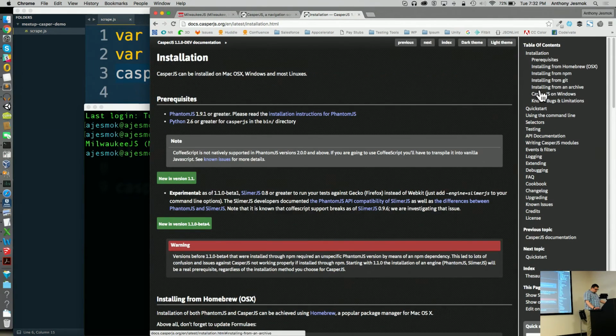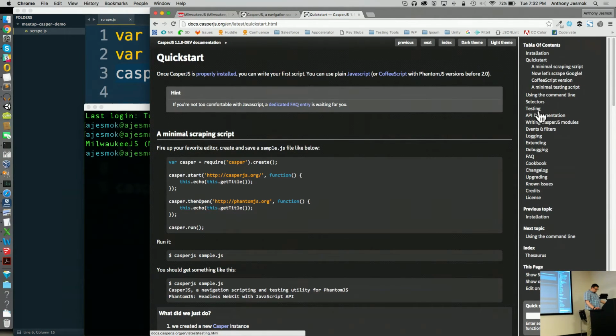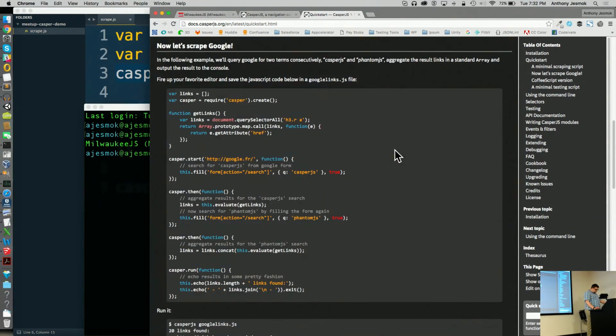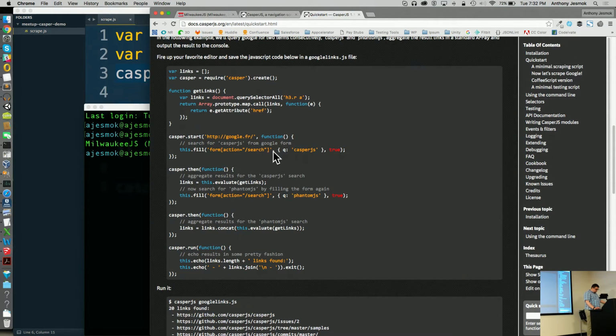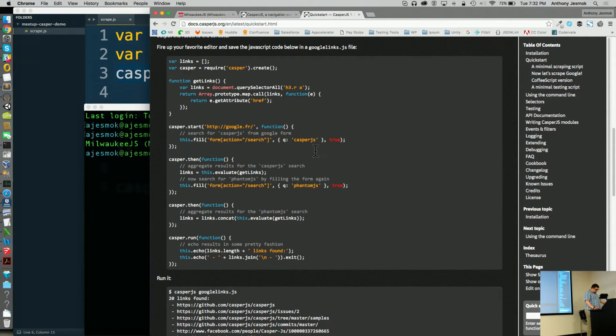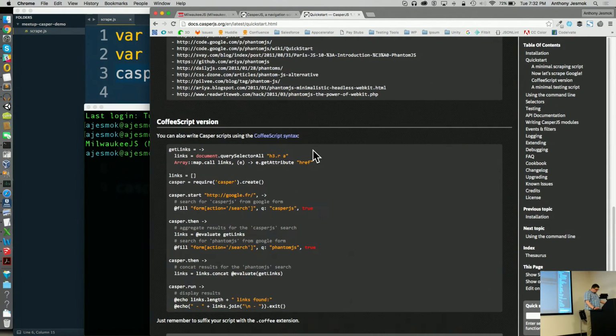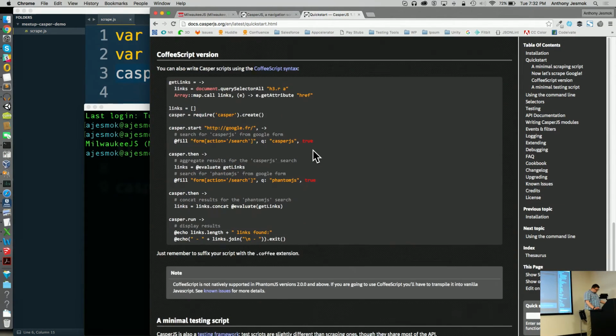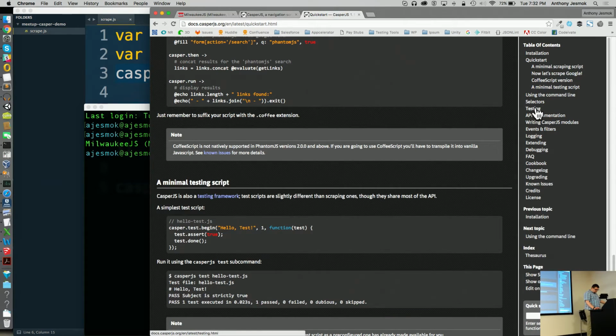There's a variety of other ways. You can see here they actually scrape Google.